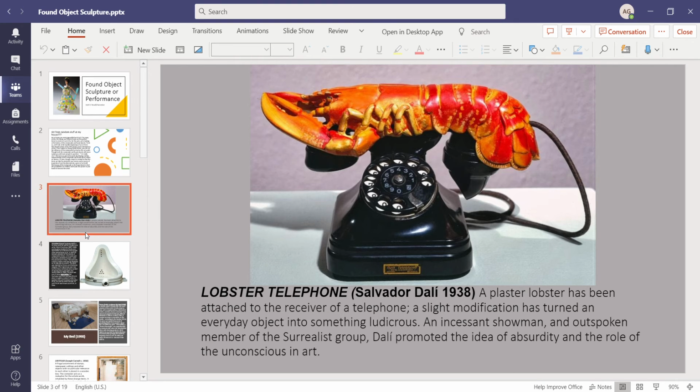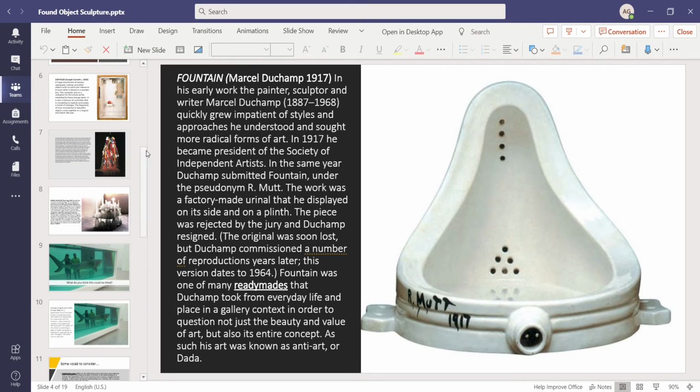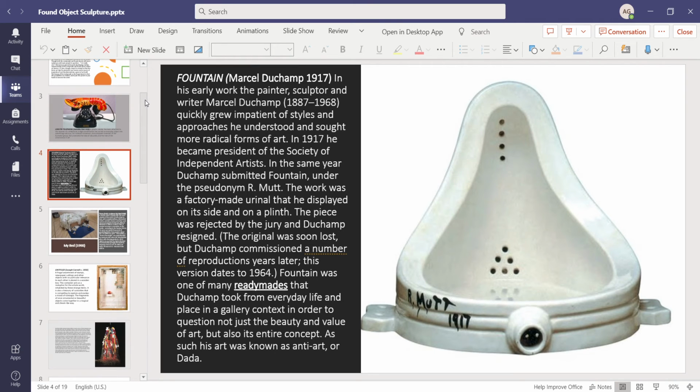without them realizing how their perception changes. The most famous example of ready-made art is Fountain by Marcel Duchamp from 1917. So basically what he did is he wanted to challenge people's ideas or definitions of what art is. So he took a urinal or a fountain and he put his alias or pseudonym, which is sort of a fake cover name, R. Mutt. He painted it on the urinal and then put it in a gallery setting and said it was his artwork. A lot of people raised their eyebrows, and were critical of him calling this a piece of art,